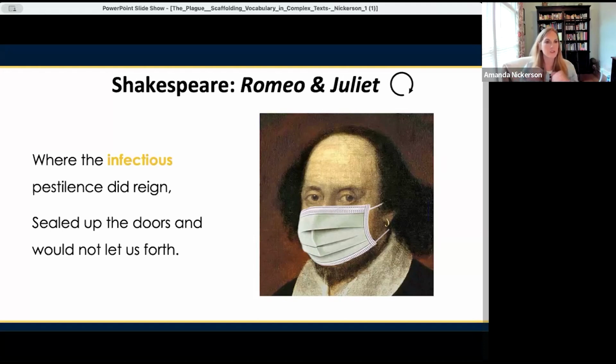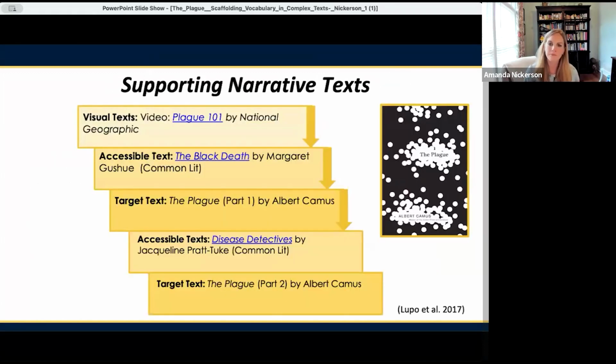So we can strategically come back to these concepts, revisit the word infectious. Why was that a problem? Why did that keep them from going out and delivering the letter? What does infectious mean? But then we want to support those narrative texts using what Sarah Lupo calls